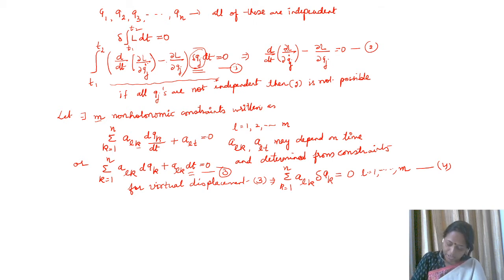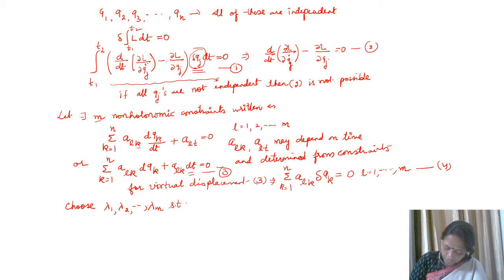Choose some multipliers, and I'll choose these in number equal to the number of constraints. So choose these multipliers